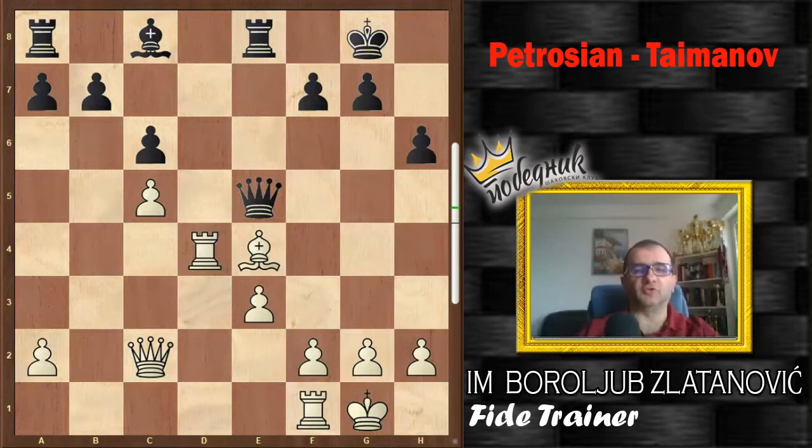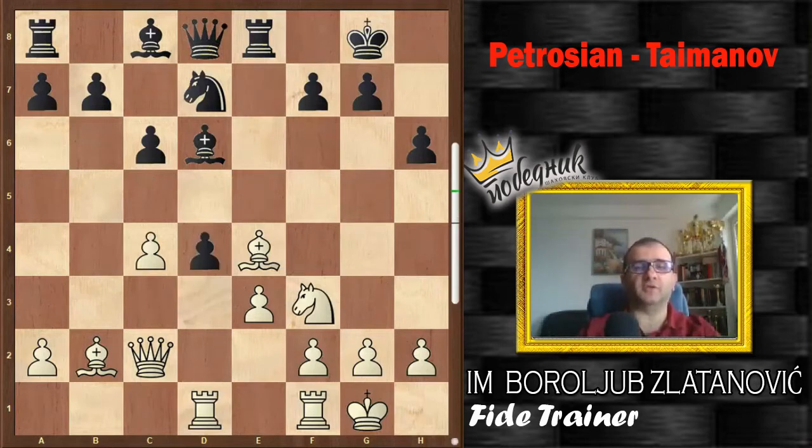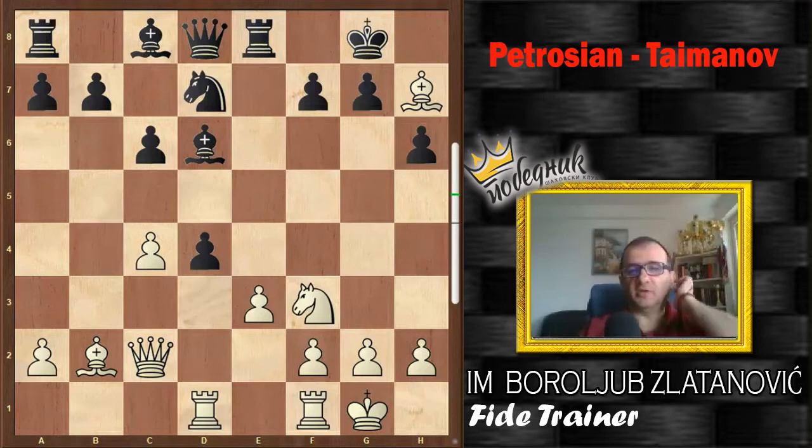Here will be advantage for him. But of course nothing will be decided already. Yeah. So after rook a d1, e takes d. Horrible mistake. Black overlooked that powerful continuation, practically forcing black king to go to the corner, because king f8 would